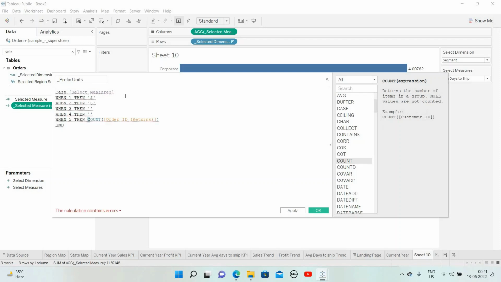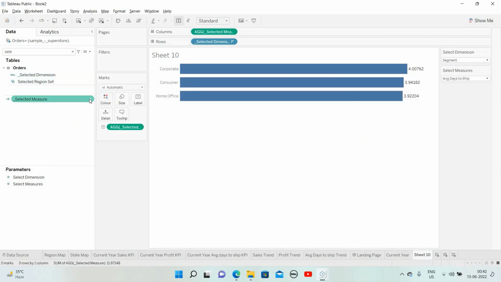This is not prefix. Prefix is the one which we assign before the value. So dollar is the currency unit which we will assign before the value. The rest of the things we will assign after the value, right? So these two are the prefix. Apply, OK. Similarly,